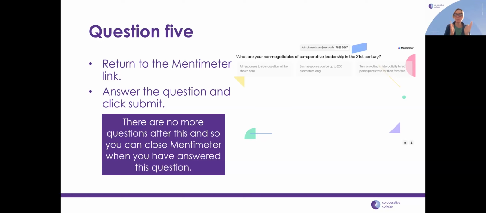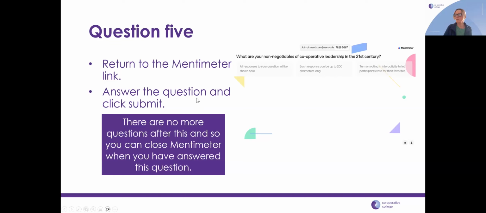In a cooperative, there's always that careful balancing act between the real business-focused side and that democratic governance side of things. So if you're a leader in all of that, how do you navigate that duality of a cooperative as well? So it's a super interesting area to be looking at and talking about.